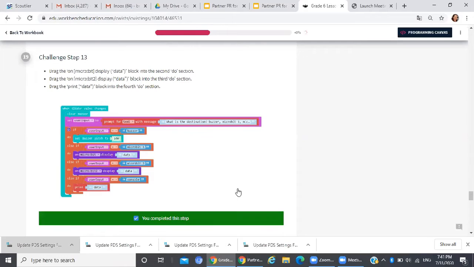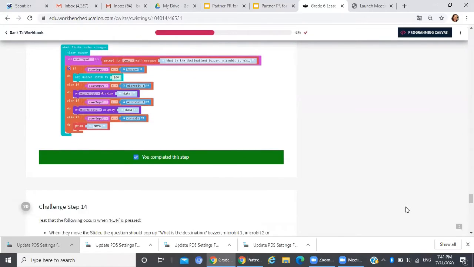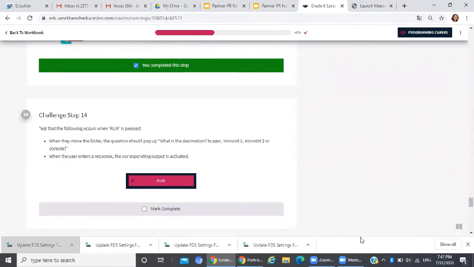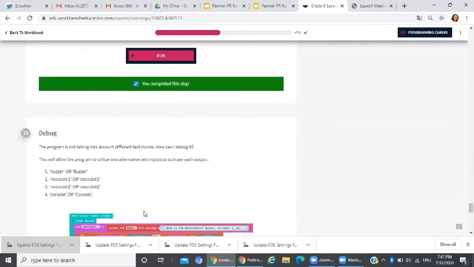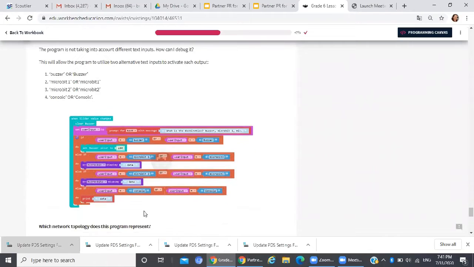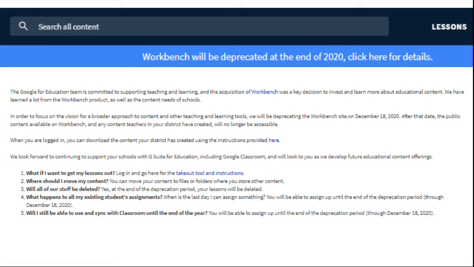Workbench activities were scaffolded for their instruction. However, it was missing an important piece: assessment. Teachers still had to build their own method of assessing any Workbench activities, so it wasn't an exact fit. And now, Google is shutting down Workbench altogether, and teachers are left to find and build a new method to